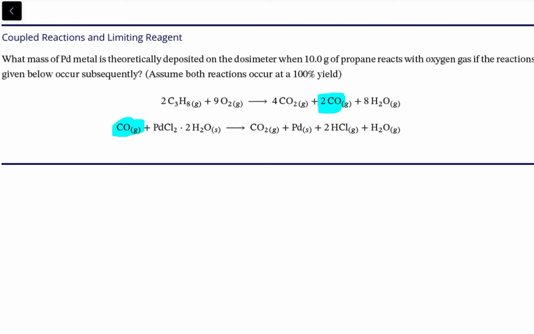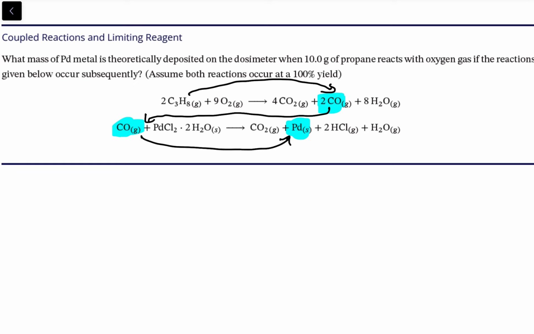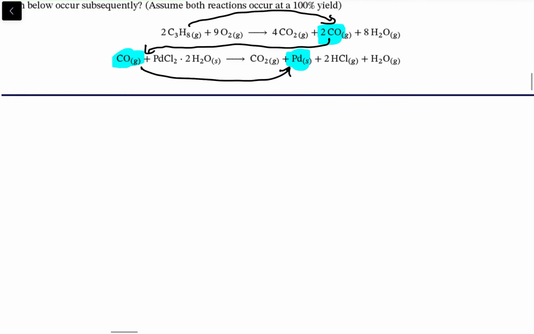The question is, how much palladium is formed here? The linkage is the propane: how many moles is there tells us how many moles of CO can be formed, and that's how these reactions are coupled, as well as how the limiting reagent